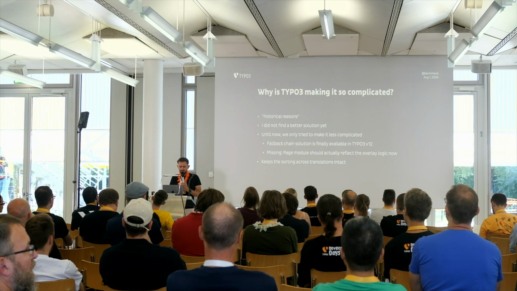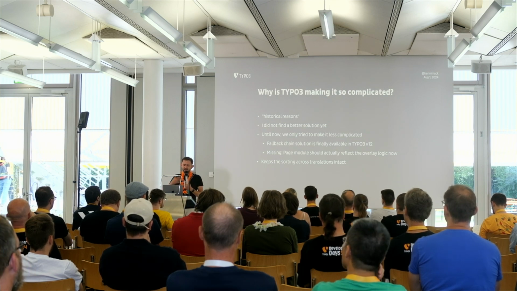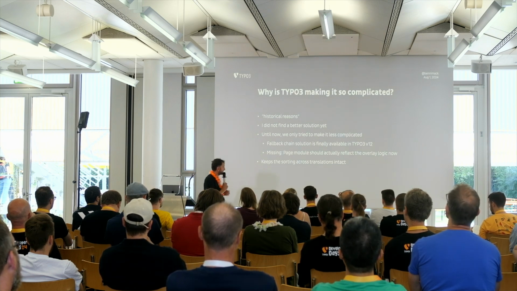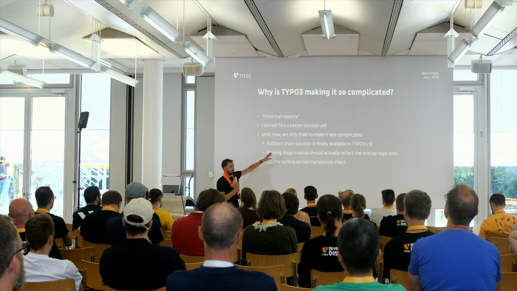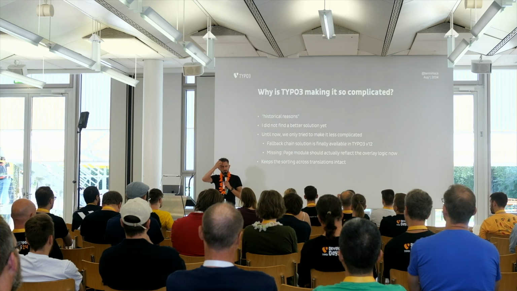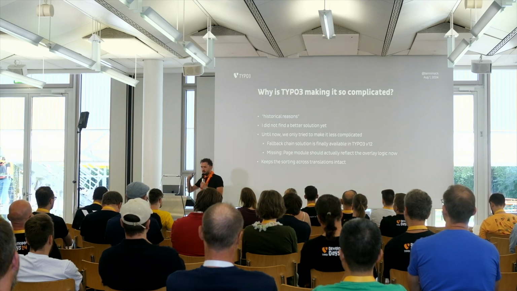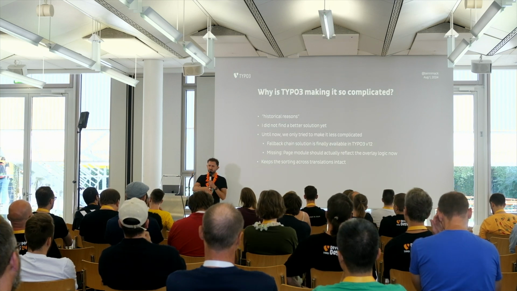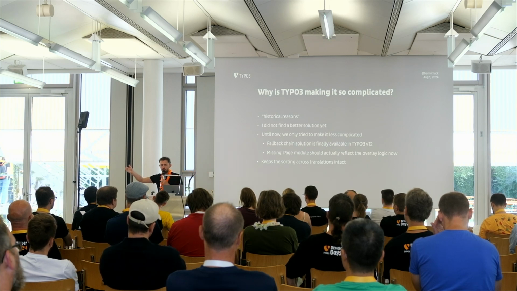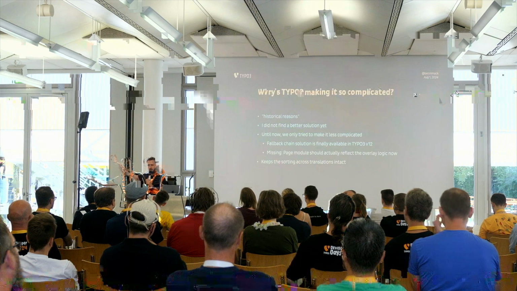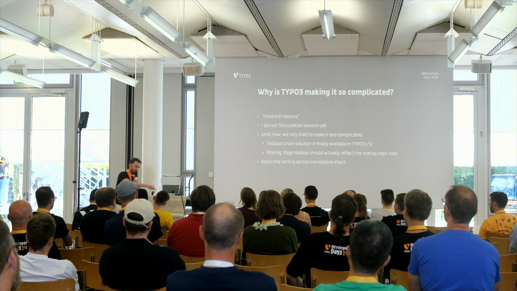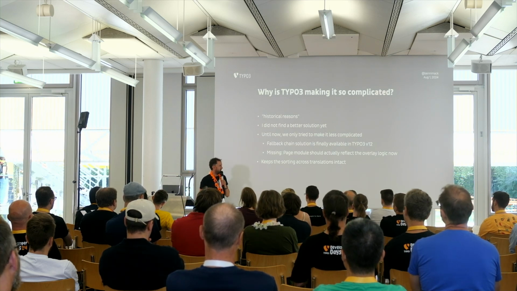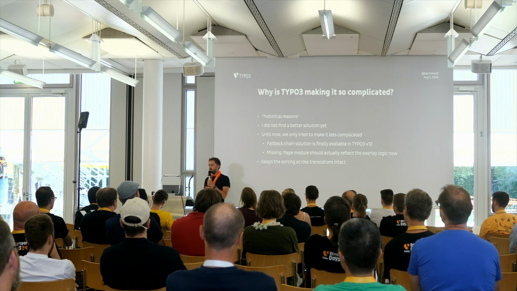So let's get consistent. The only thing we've tried until now is to make it less complicated, also with workspaces and also with XSpace, and the whole fallback chain logic, which I just explained, actually works in a multi-step setup. I didn't show it to you, but imagine you have English as a default language, and then you have German, then German Germany, and Switzerland, and then German Austria, and you can do multiple hops between that if you want to. And the cool thing about it is that it actually works the same in the whole front end for any kind of record you retrieve,